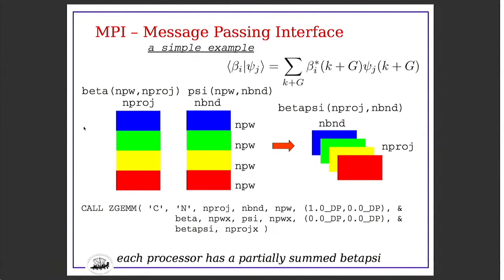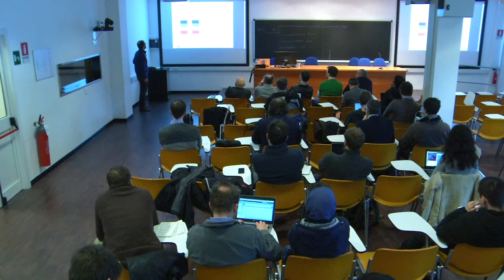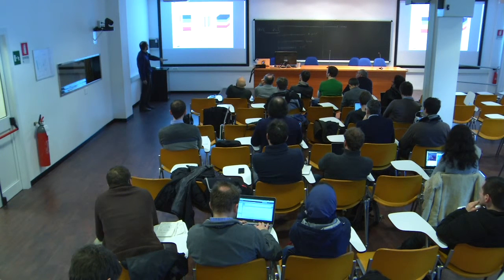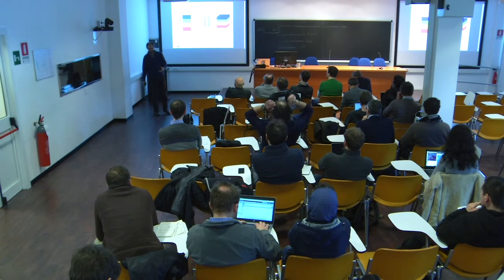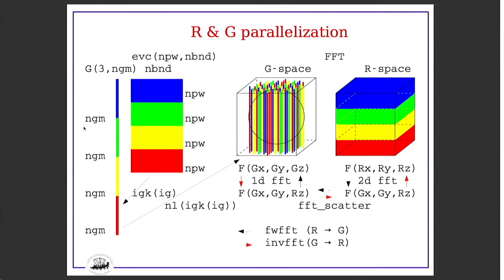Whenever we do an operation locally, and then we communicate, we do an MP sum or something like that, so that the result is distributed to all processors. This is the main distribution of plane waves across processors, but one important thing is how this is